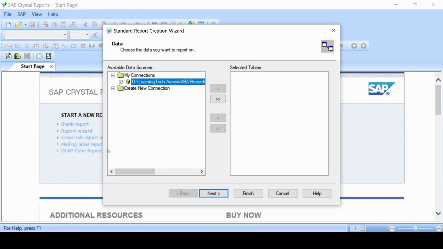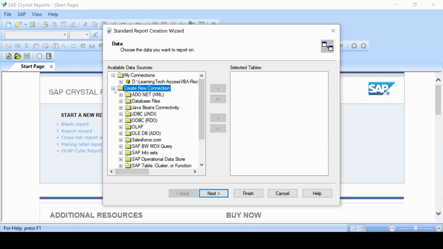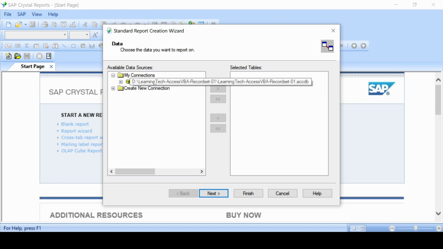Just click it. Now, if you already have a connection, it'll show up right here. If you need to create your own connection, you can click right here or double click on it and it will pull up all the different connections you can make. But since we already have a connection,